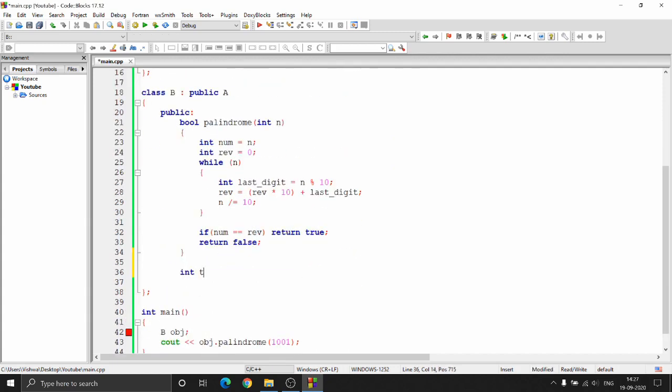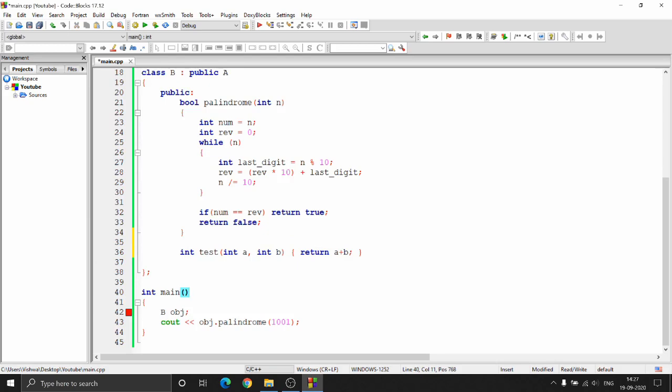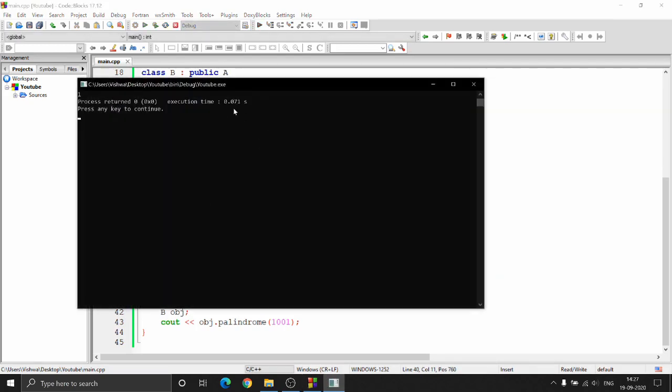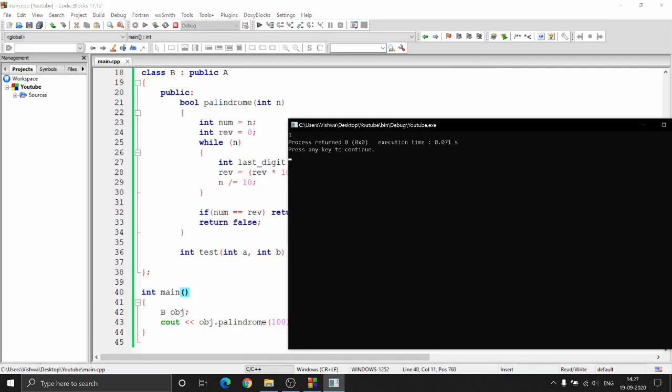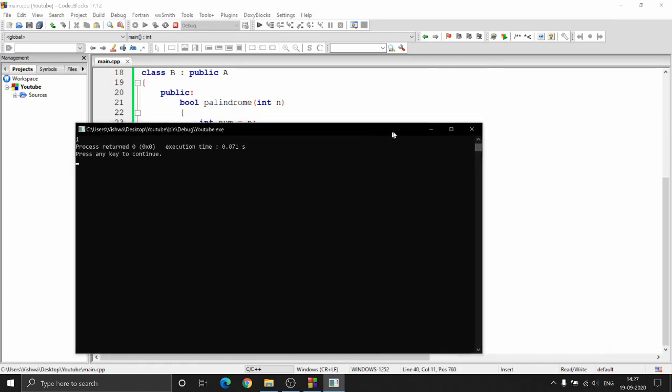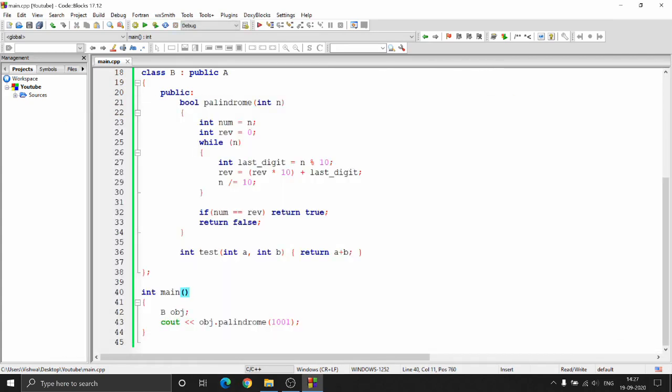So it's basically the same definition. You just need to say int a and b. So these things are already there in b, and you can do something like return a plus b, a simple function. Now, since I've defined this function, I'm not going to get that error. So now if I run this, it will run smoothly and I'm getting one. That is from this palindrome check, which we performed in the last video, right?